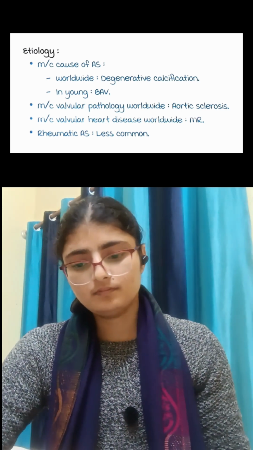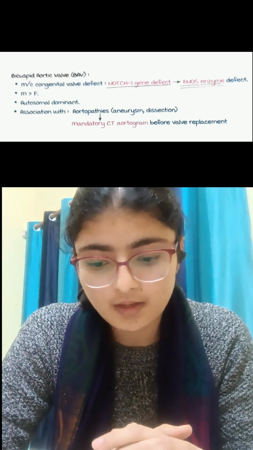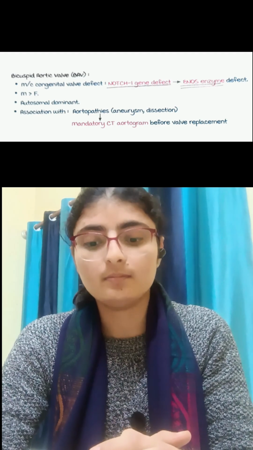Then we will learn about bicuspid aortic valve. It is due to a congenital valve defect due to mutation in the NOTCH1 gene, which leads to defective eNOS enzyme production. It is more common in males, and it is autosomal dominant, and it is associated with aortopathies like aneurysm and dissection, so it is mandatory to undergo a CT aortogram before valve